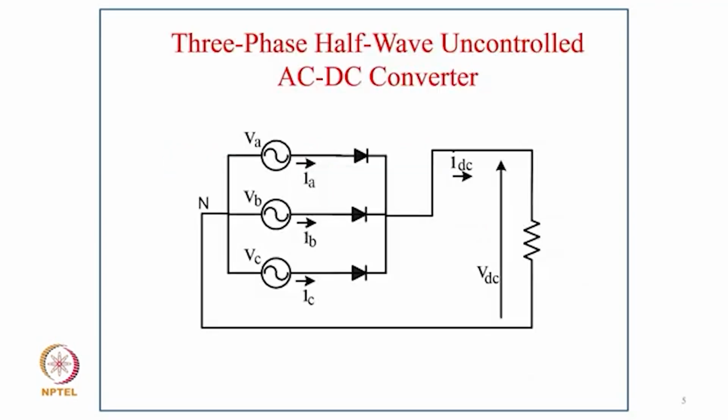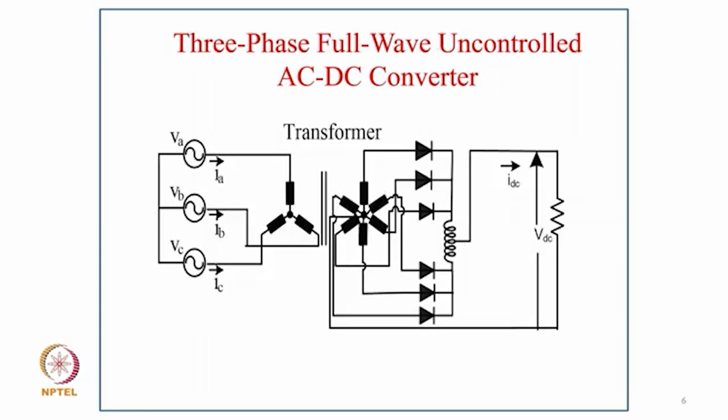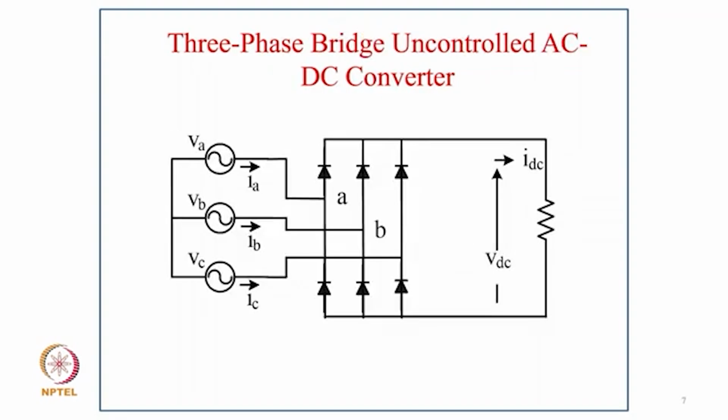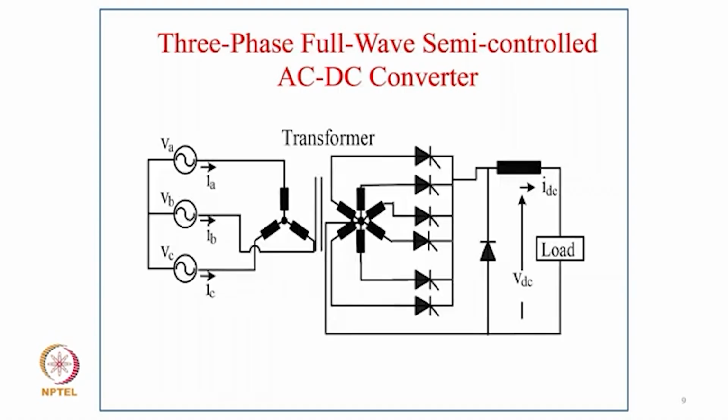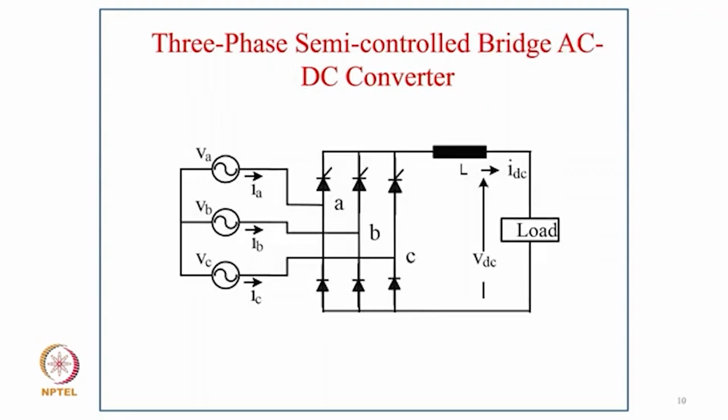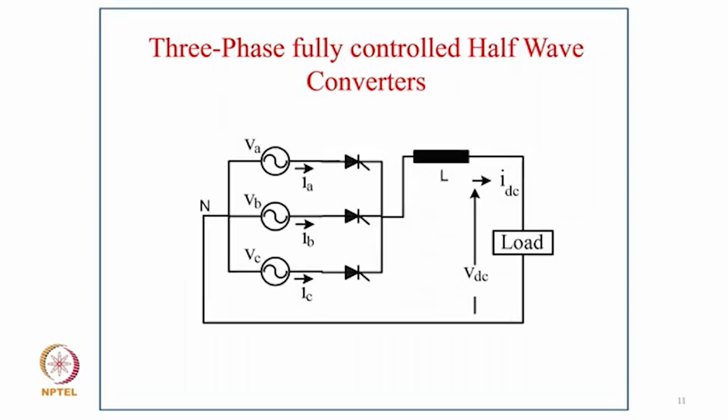So coming to this classification circuit-wise, this is what we call a 3-phase half-wave uncontrolled AC/DC converter, and this is a 3-phase full-wave uncontrolled AC/DC converter, and this is a 3-phase bridge uncontrolled AC/DC converter. Then this is a 3-phase half-wave semi-controlled AC/DC converter. This is a 3-phase full-wave semi-controlled AC/DC converter, where we convert 3-phase into 6-phase, and then we have a 3-phase semi-controlled bridge AC/DC converter, and we